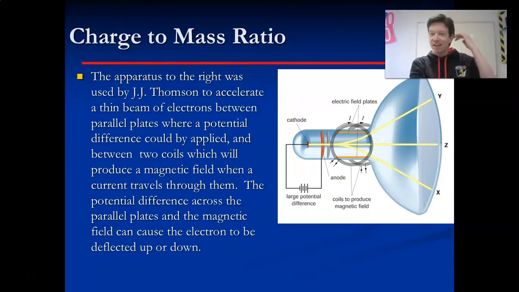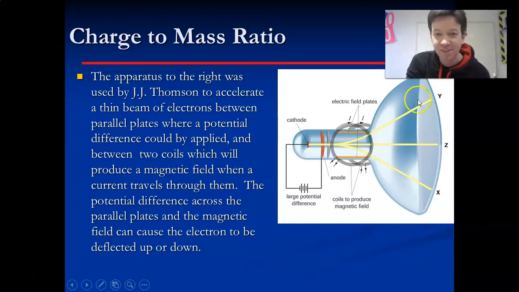All right, charge to mass ratio. So this was the experiment that J.J. Thomson did. Let me just go over this. Here we have a cathode. Here we have two vertical parallel plates. So this is going to release charged particles, and we know now it's going to be electrons that are being released, but you didn't know that at the time. We use these parallel plates to accelerate the charged particles across a potential difference. And then there's a little hole in this plate, so the charged particles are able to pass through. And then here we have